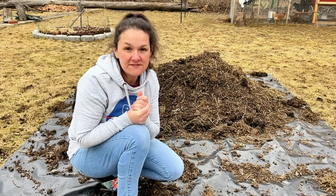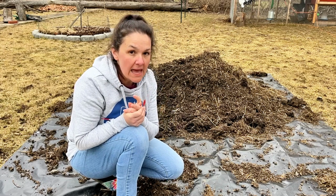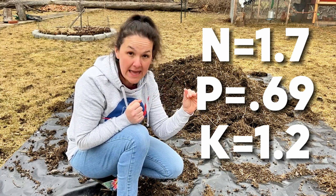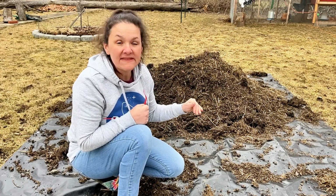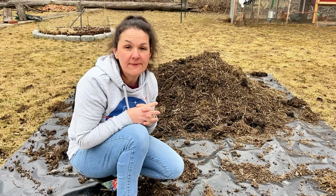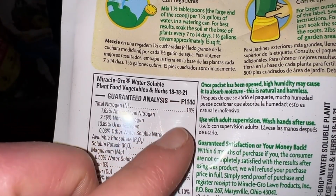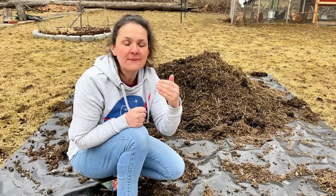From all the research I've done, pretty much on average, they say that the NPK is 1.7, 0.69, and let me look at my notes, 1.2. NPK: nitrogen, phosphorus, potassium. Now, it's also a ton of trace minerals and nutrients in this. It slowly breaks down. If you look at a package of synthetic fertilizers, the numbers are really high, like 20 or something like that. Those numbers are generated based off of pretty much essentially the